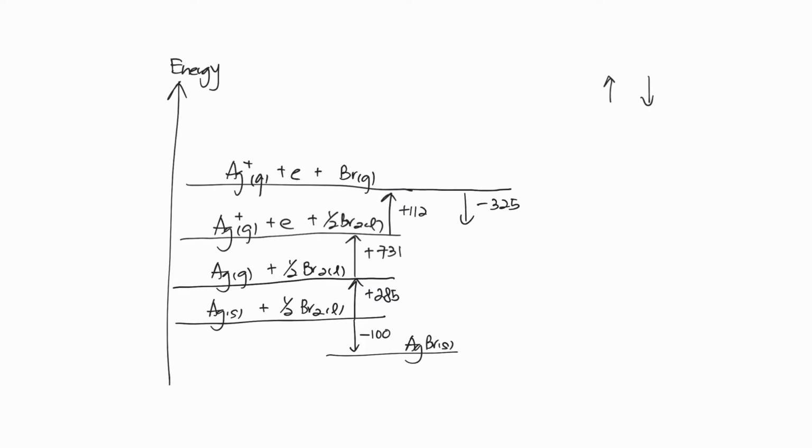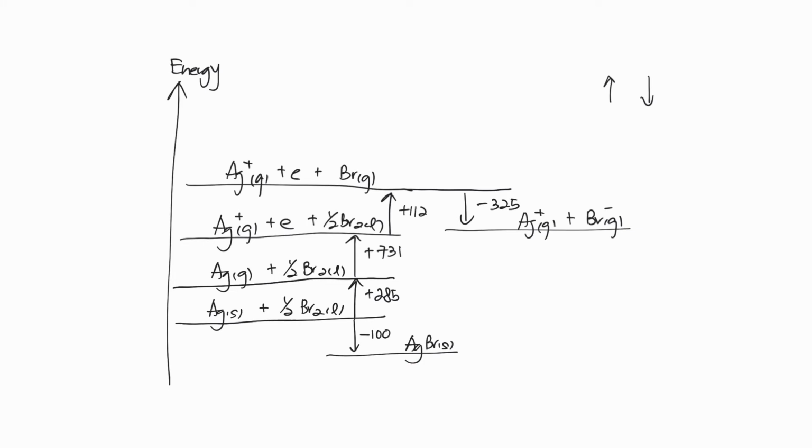Since it is an exothermic reaction, the arrow will be pointing downward. So it is to turn Br gas into Br minus gas. These are the gaseous ions we need in lattice energy